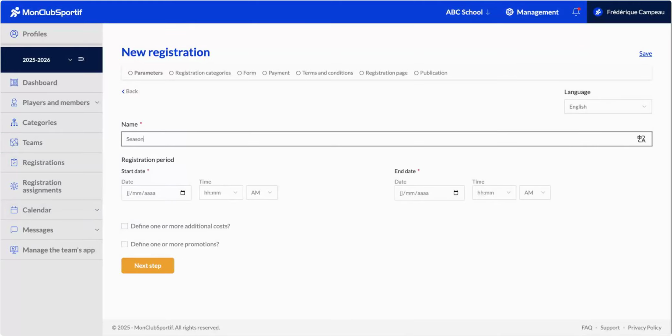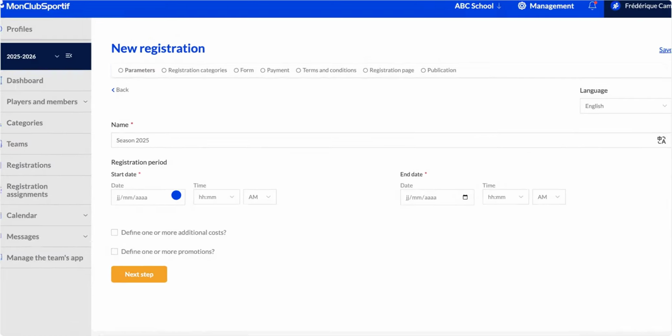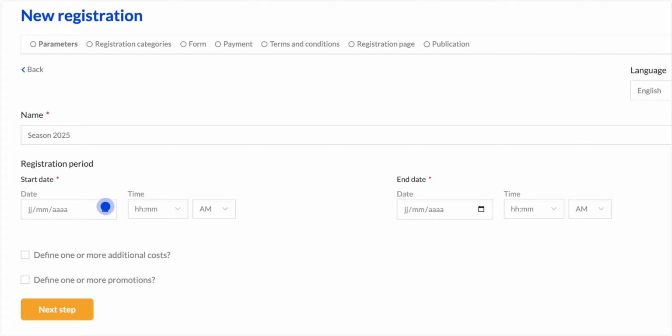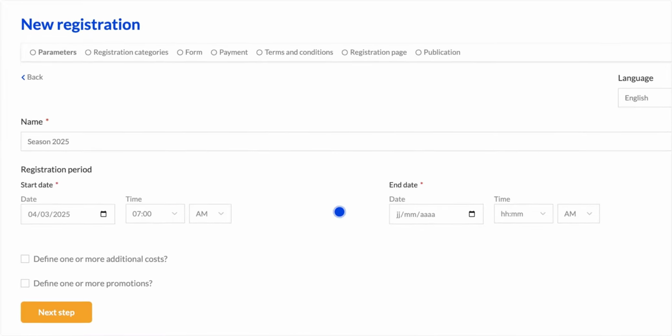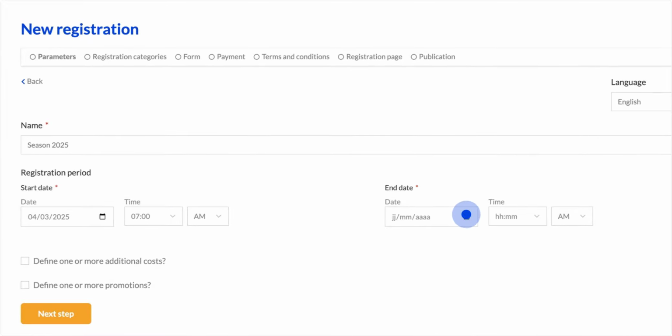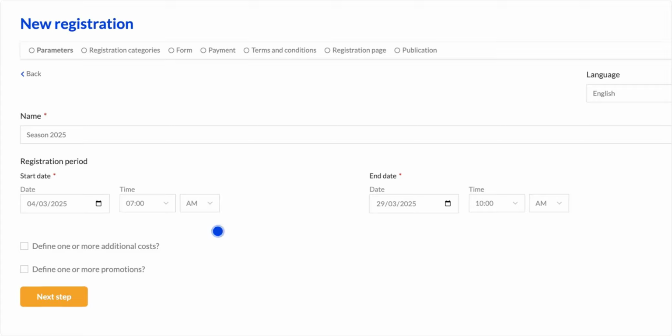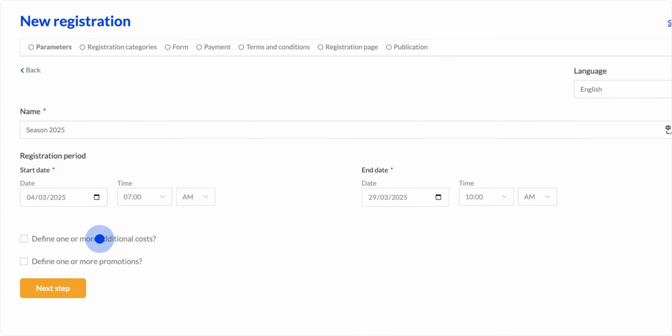Please note that you can save and exit your form at any time to continue later. Simply click on Save in the top right-hand corner of the screen. Here, write the date and time when entries will start and when they will close. If you need to add an additional cost to a registration, such as a uniform, simply click on the box